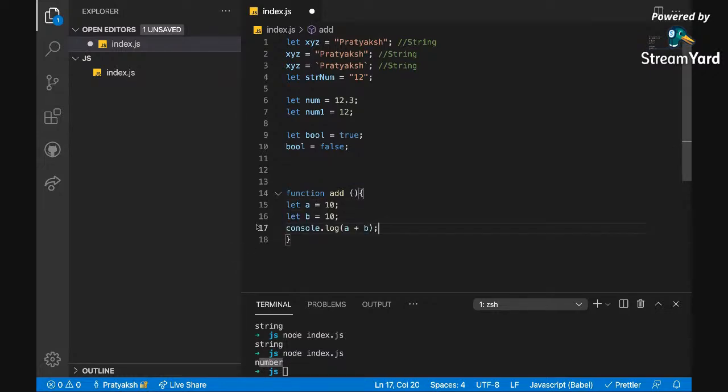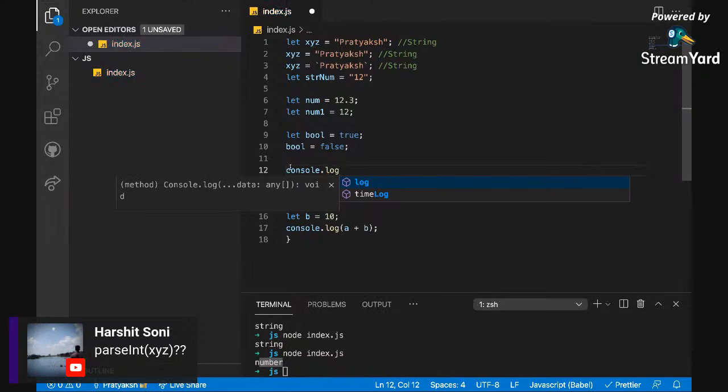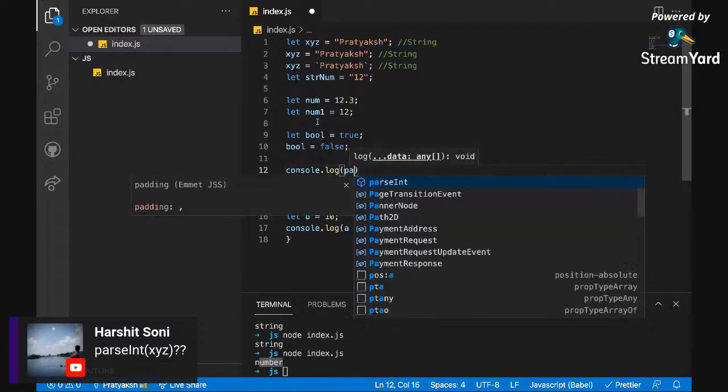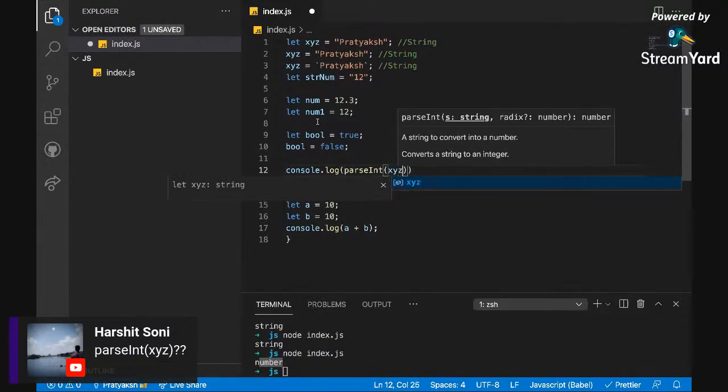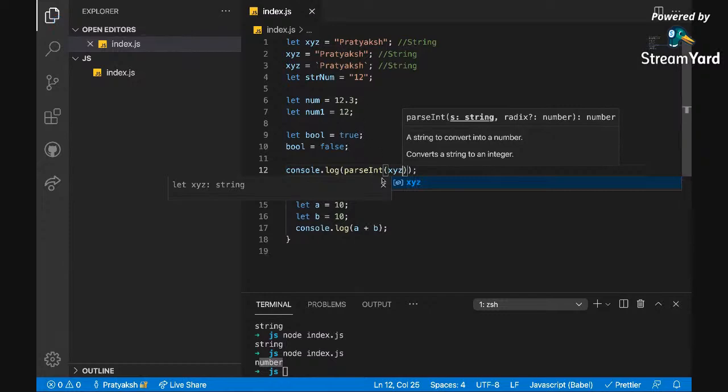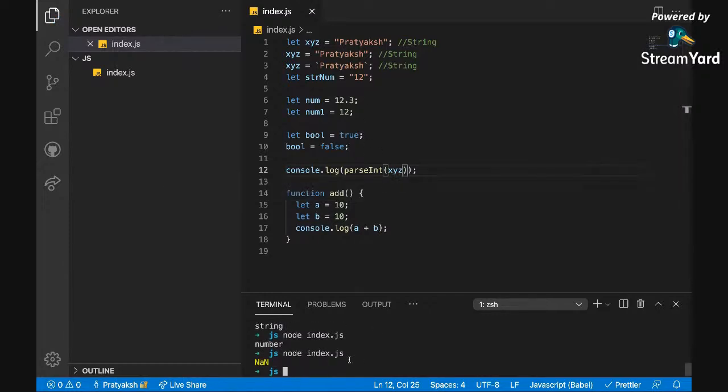Okay, parseInt xyz. I'll show you what happens when we do that. It gives NaN. So what is NaN? NaN is basically, I do not remember the full form.